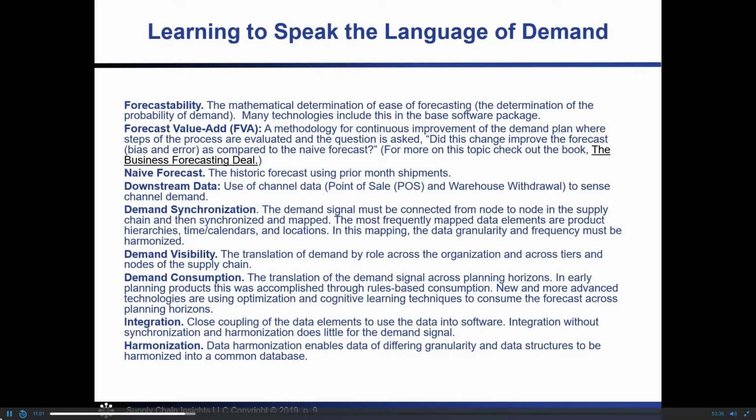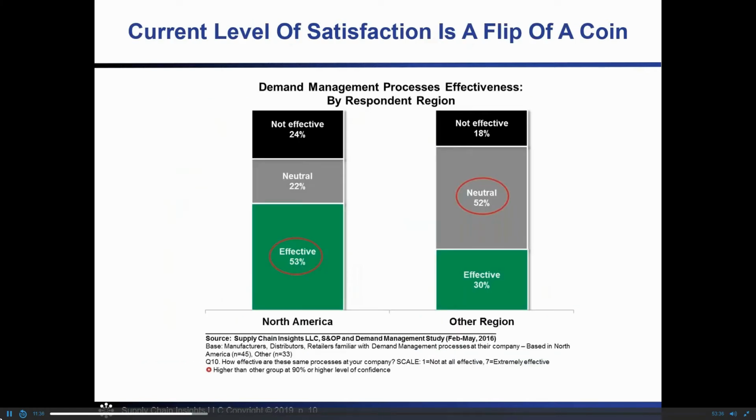So how have people gotten demand planning wrong? Well, they focused on buying a system, implementing a technology, without really mapping the river of demand, not really saying what is the goal of demand, and not able to look at what is feasible. So how forecastable is the data? How do I measure if I'm improving the demand plan through forecast value add? And how am I able to translate the demand into a demand visibility signal? And because people ask the wrong questions, they're not very happy.